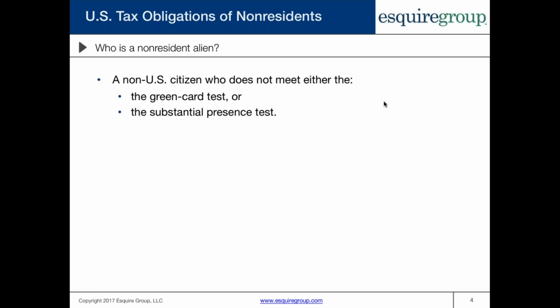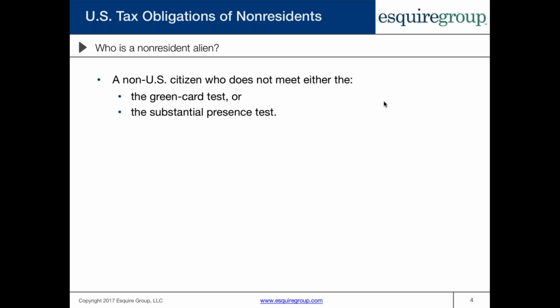Now, the substantial presence test calculates days over a 3-year period. Essentially, if a person who would otherwise be a non-resident alien spends 183 days in the United States over a 3-year period, then that person would become a resident alien. And the 183 days is not calculated simply by adding up the days over a 3-year period. Rather, if the person has spent 31 days or more in the United States during the current year, you would